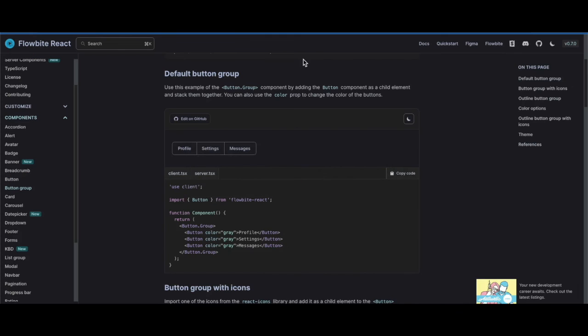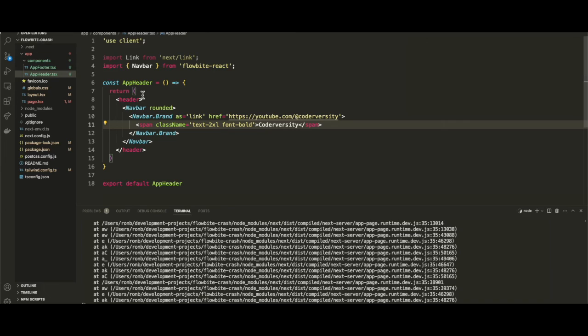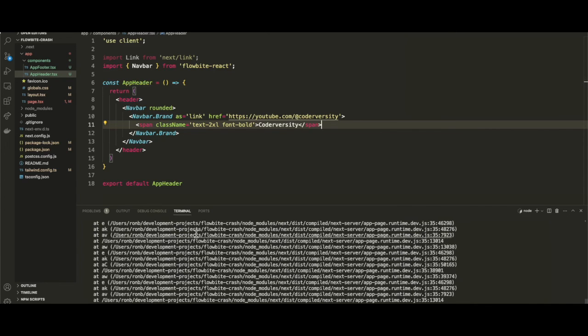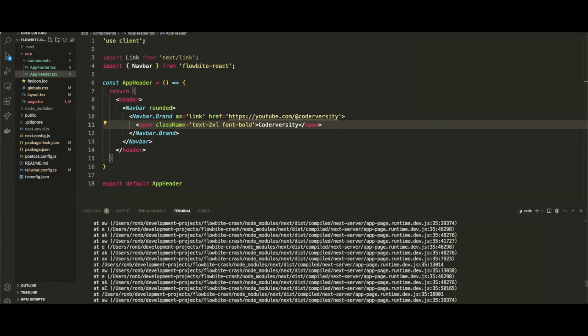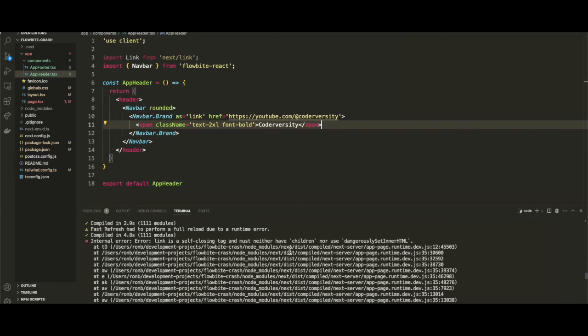Okay, so let's see what that looks like so far. Let me go back, and where were we? We were here. Okay, it looks like we have an error message here. I'm not sure where that's coming from. Let me refresh it again. Could be that we have forgotten to bring in something. Okay, let's look at the error message. It was pretty long here. That's rather long. Let's go down. Okay, so at the top here it says, okay, internal server error. Link